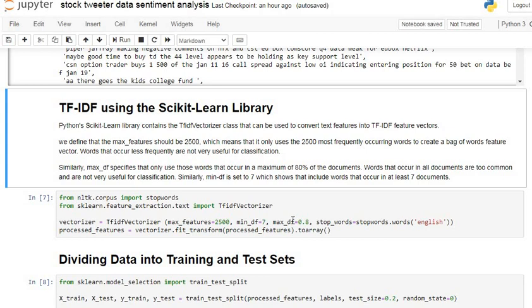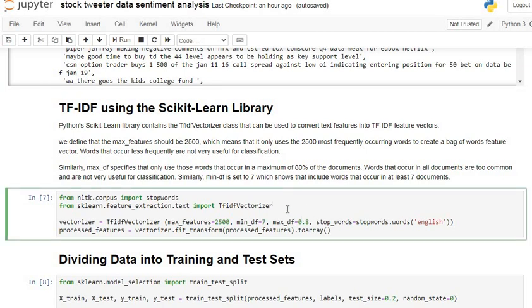The words that occur in all documents are too common and are not very useful for classification. Similarly, min DF, minimum document frequency, is set to 7, which means include words that occur in at least 7 documents. Okay, so let's execute our code.